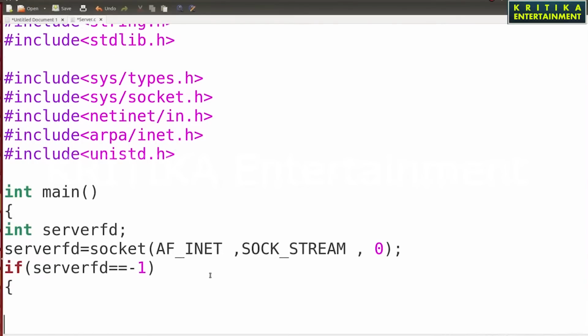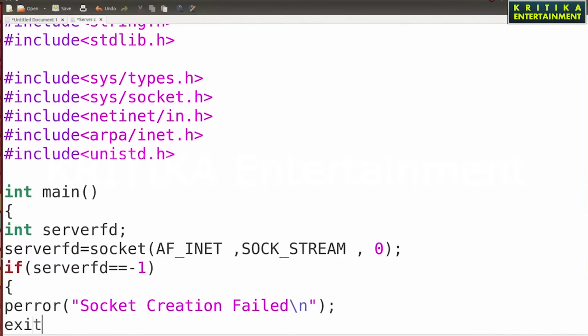So here I will write perror. perror means it will display the error message. I will write "Socket creation failed". No need to give the \n. Then exit, my program should be terminated here. No need to go further. Then close the bracket.